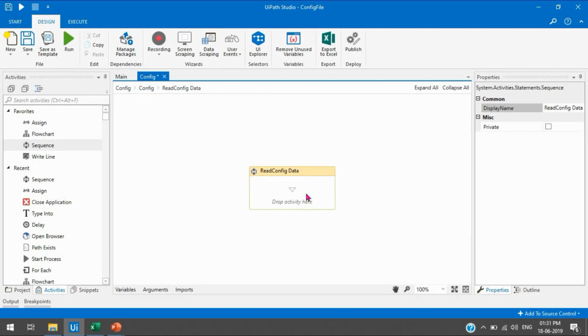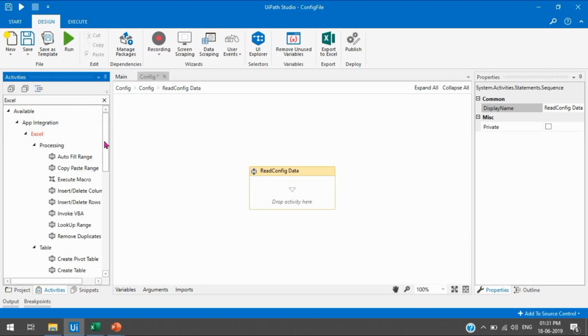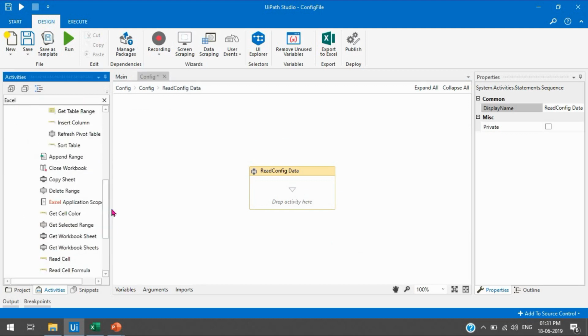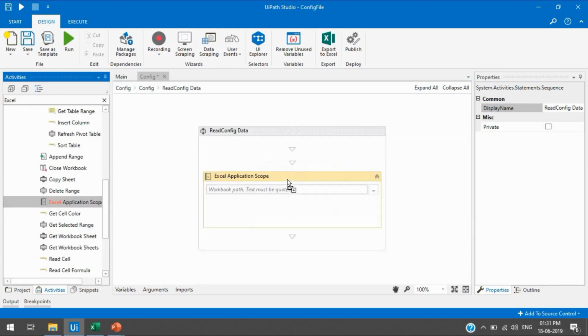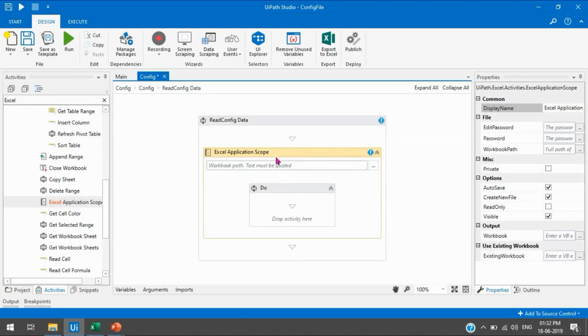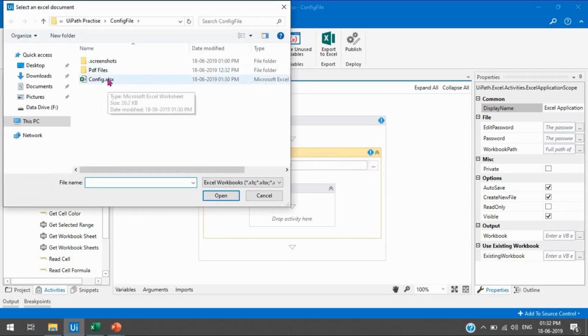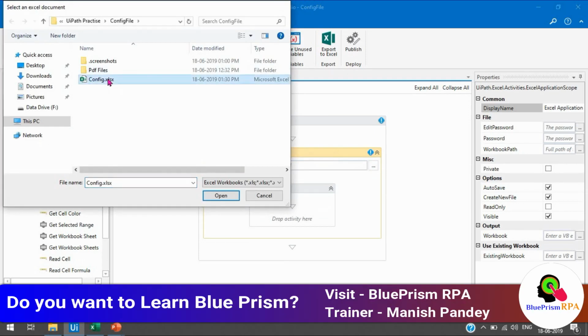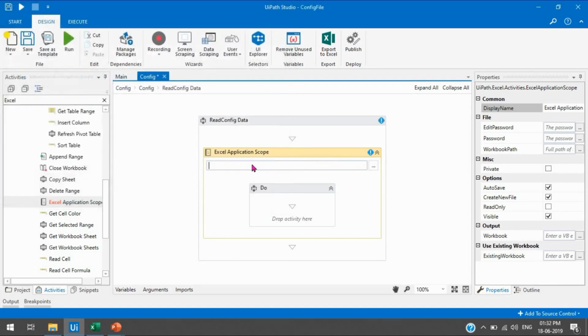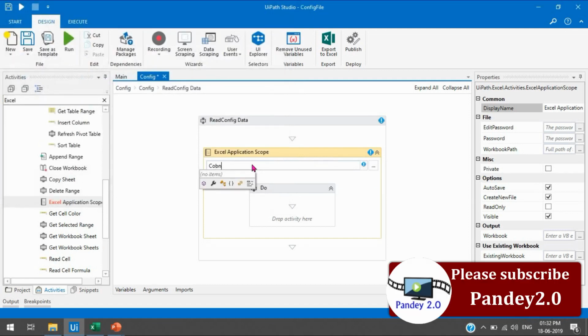So if you need to read data from an Excel file, we'll have to take one Excel application scope. We'll drag and drop it here, and now you can see in the workbook path text must be quoted. So instead of clicking here and selecting the config file, we will just pass the config file.